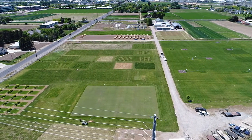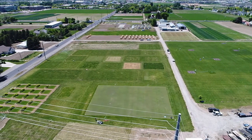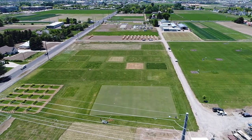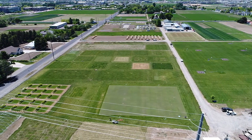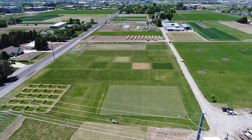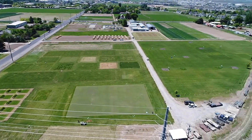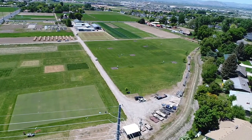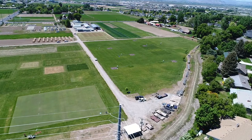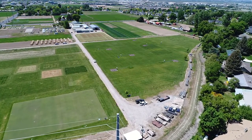Now we're kind of swinging over to the northern part of the farm, where several years ago there was an eddy covariance study where they needed 4 acres of turfgrass to collect their data, and that study just kind of stayed there. We use it for other research. Right now there's research involving different irrigation cycles to see if there's a difference between night irrigation versus day irrigation. Looking out over the farm,